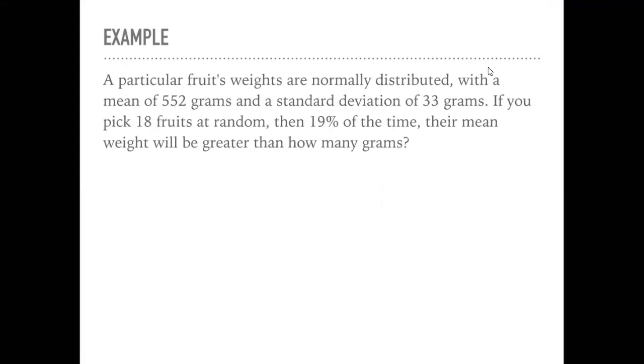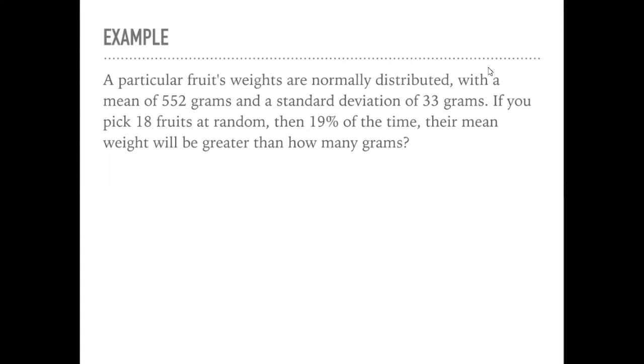All right, another example here. Particular fruits' weights are normally distributed with a mean of 552 grams and a standard deviation of 33 grams. If you pick 18 fruit at random, then 19% of the time their mean weight will be greater than how many grams? So we're looking for our lower limit on the top 19%, the heaviest 19%